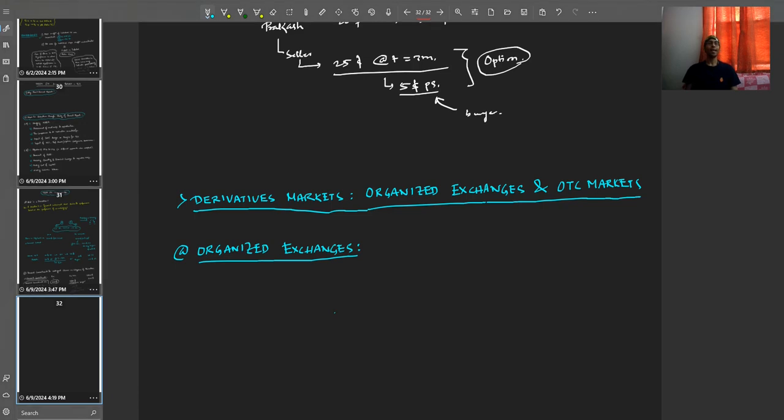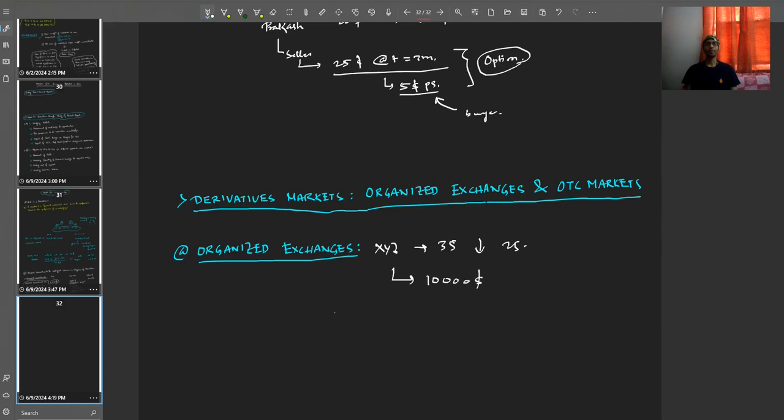So first we'll discuss the organized markets or the organized exchanges. So what are these? Let's say you want to buy an option or a contingent claim on a stock XYZ. The stock price is 35. You think that it will come down to 25, and you want to short the stock with the help of a derivative. Now, the derivative contract, if you go into the organized exchange, will have a fixed contract size. Let's say the contract size for an option which bets on price reduction rather than price gain is